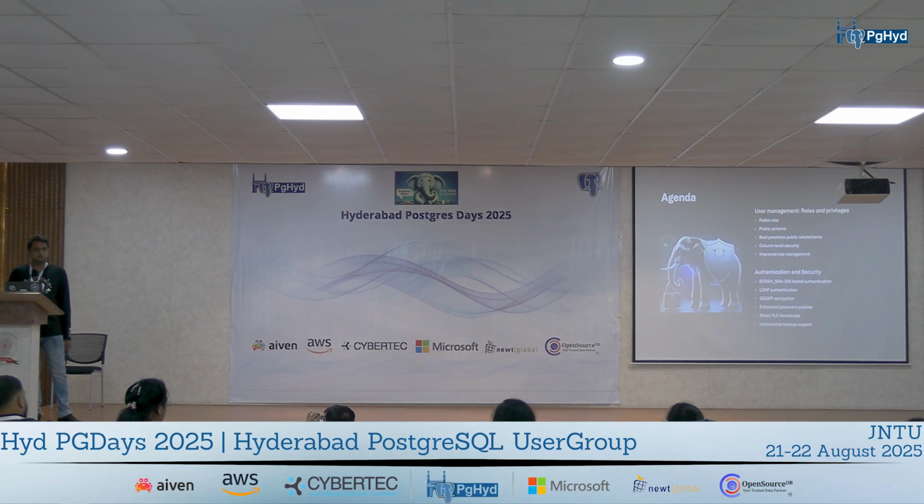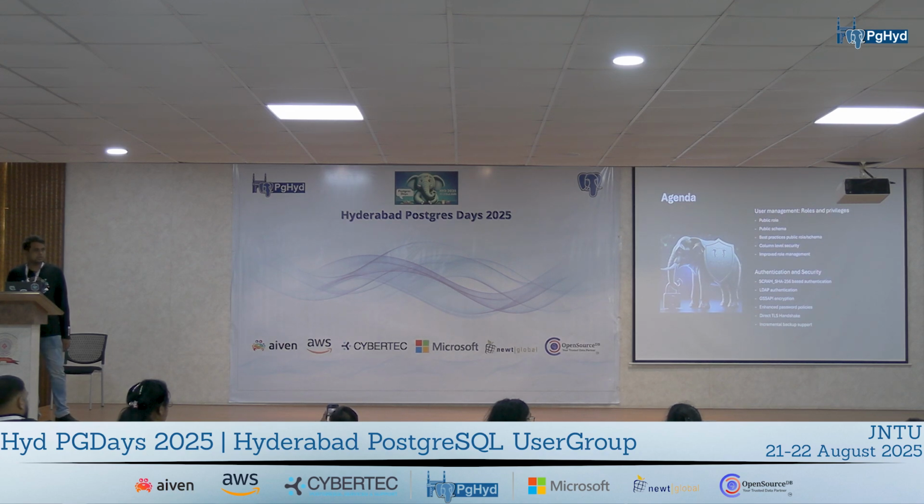And then I will talk about column level security, how to grant permissions on a particular table column. Then I will talk about improved role management, how role inheritance especially has improved across different Postgres versions. And when coming to authentication and security, I will talk about the password authentication mechanism,